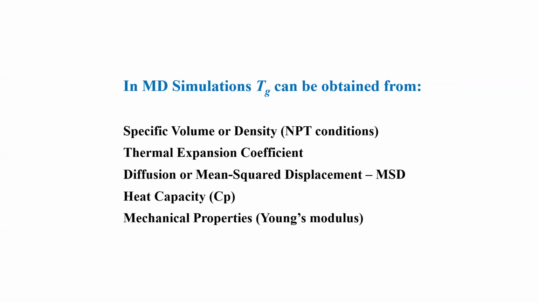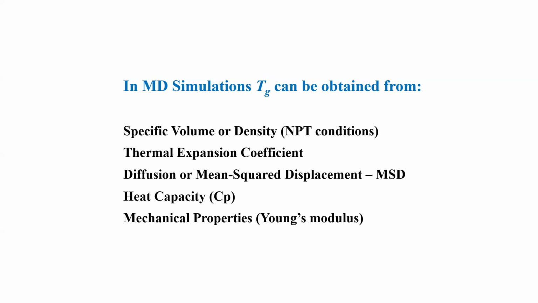So how do we get this glass transition temperature from MD simulations? Actually, we can get it from many of the results we normally calculate from simulations. We just have to make a temperature study, and then we calculate the property at different temperatures, and we draw a line. And we see that at some point the line changes its direction, and where this happens, it's the